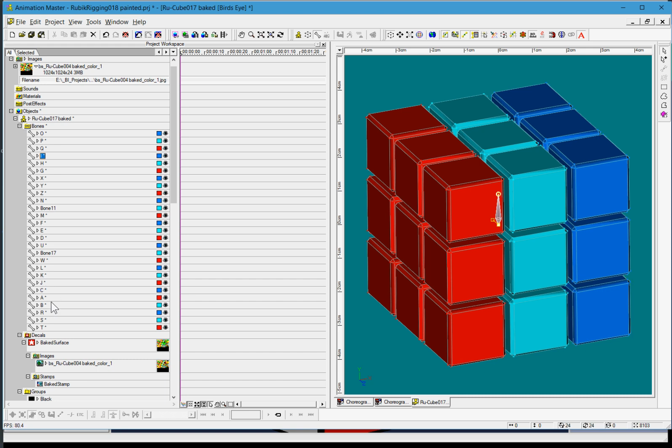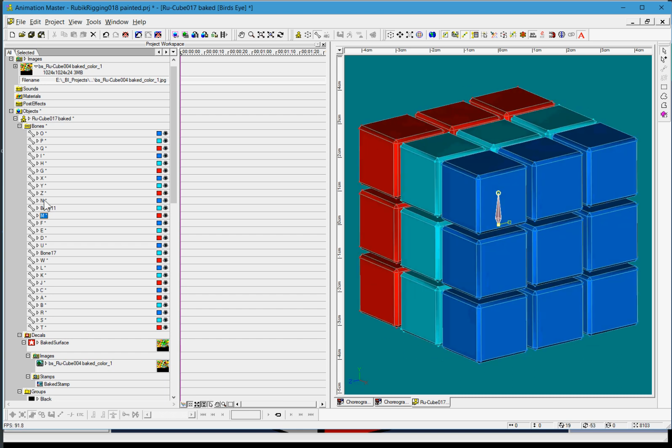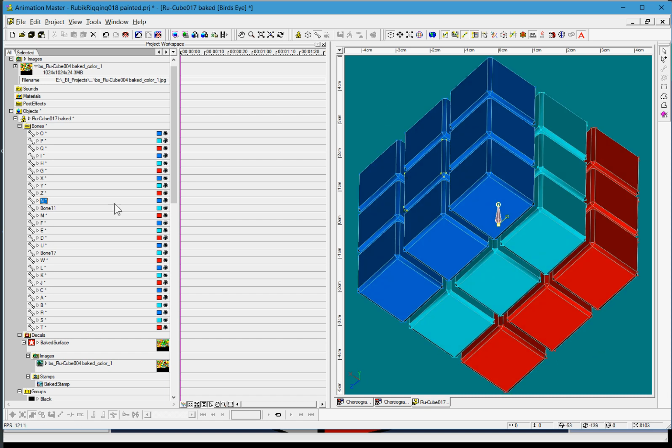H I J K L. Where's J K L? Those are right. M should be on the side here. N is in the middle there. O P Q should be on the bottom. O P Q, and then